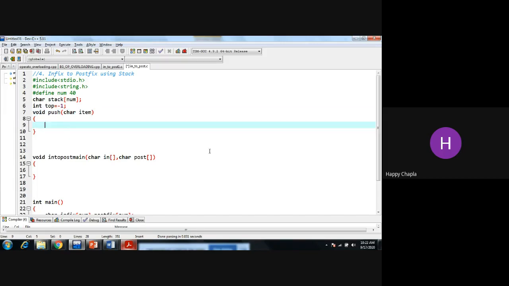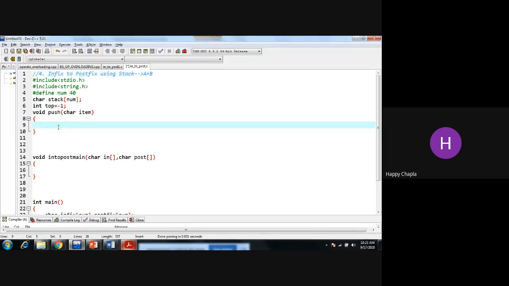Whatever the first character I am inserting, say for example right now we are dealing with a plus b only, so right now I have a. We need to push that element into the postfix, not into the stack. But if I have a plus, we need to push it into the stack.